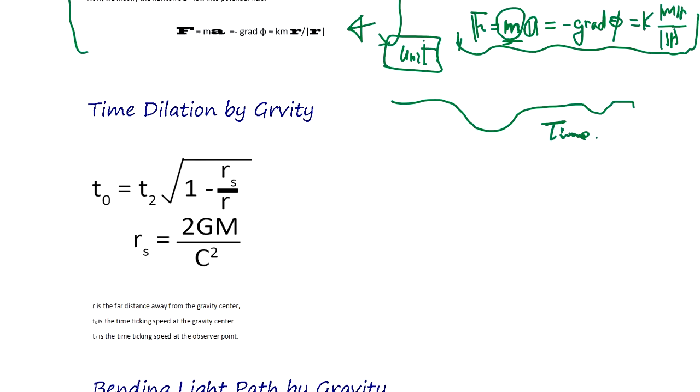Remember, the Lorentz transformation has time in it, the time dilated, right? So Einstein's equation for this gravity curved space